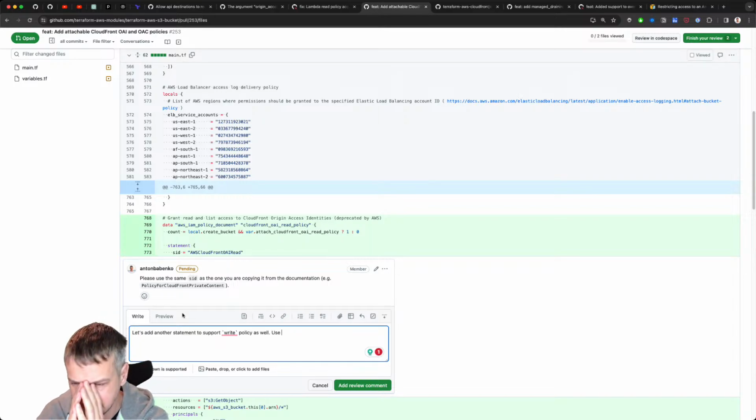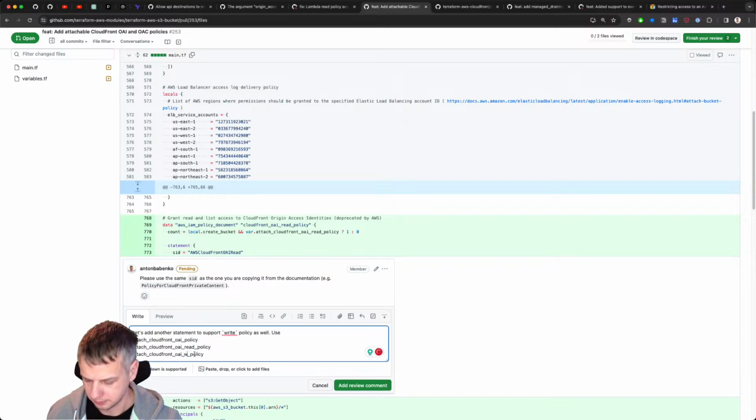Oh, how to say? It's a good idea to have attach CloudFront OAI policy with like one variable, or am I just over engineering? So it's going to be this one, and then one for read and one for write. Or is it too much?